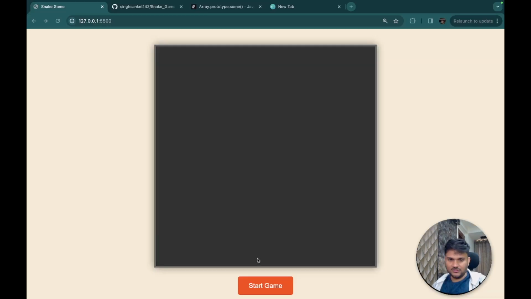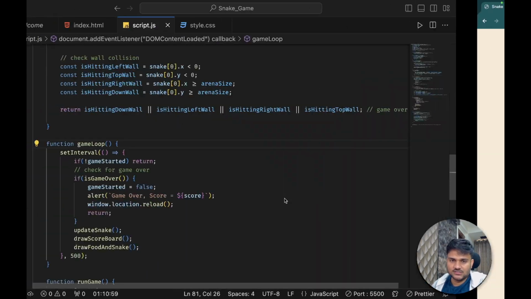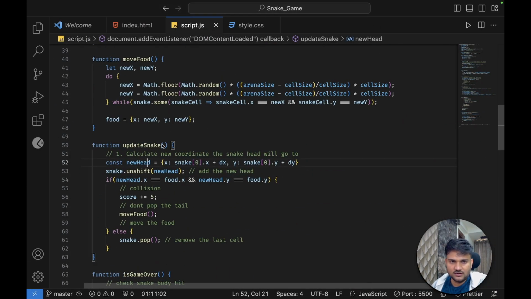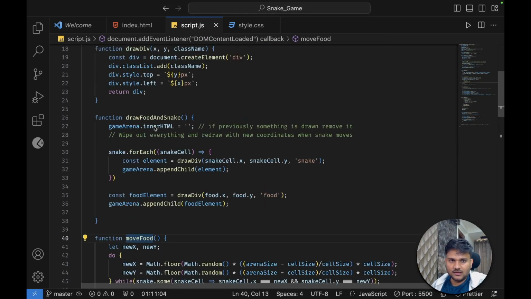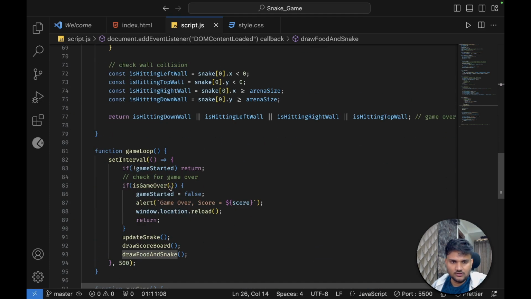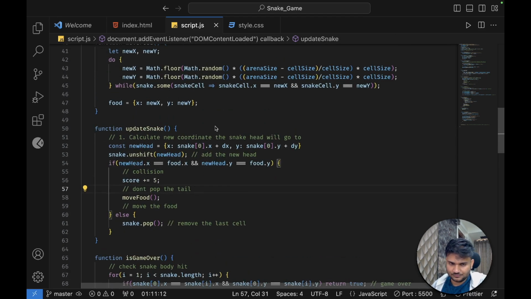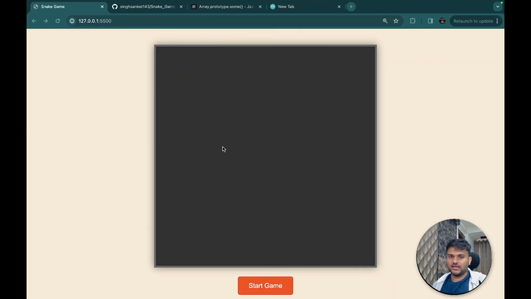Now the only thing left in the code is how to move the snake on our arrow key directions. You know that the move snake function is already there in the draw. If I go here, update snake, this one, and correctly update the dx and dy, we can automatically move the snake, right? So what should technically happen is that